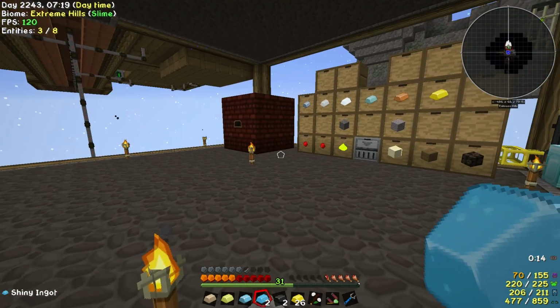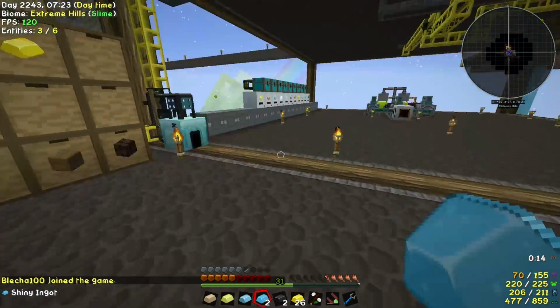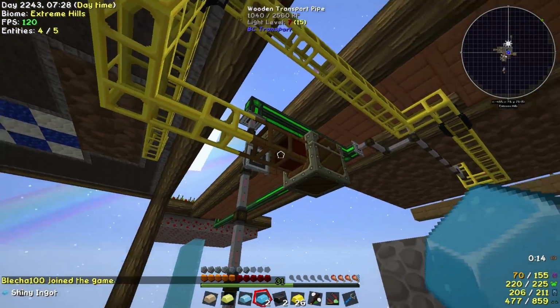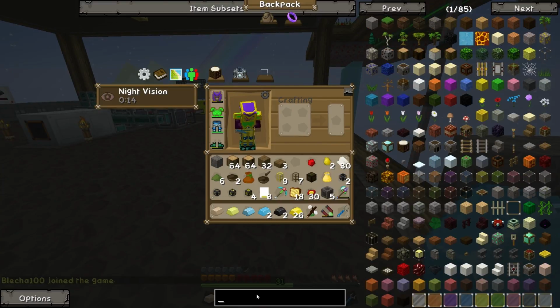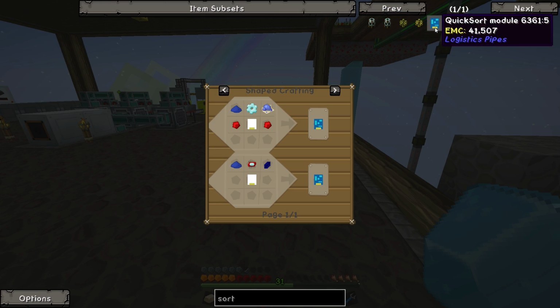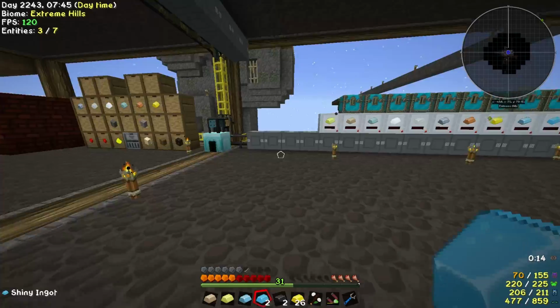Oh god, use something better than wooden transport. Wooden transport is so damn awful. Is there a faster way to extract with these wooden transport pipes? I was looking into a pipe or a module. Was it called sort? Yeah, so there's a quick sort module, which I believe works like this: if we put that into, for example, this chest,